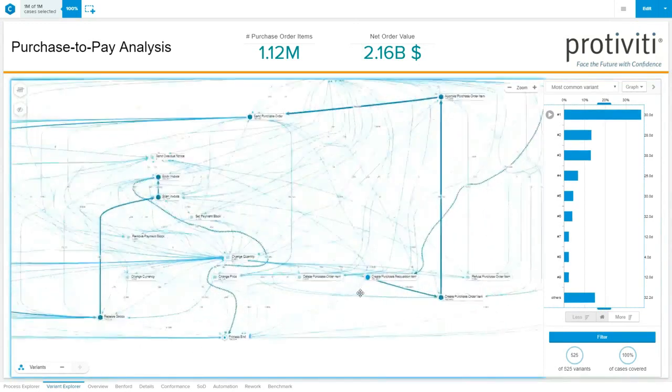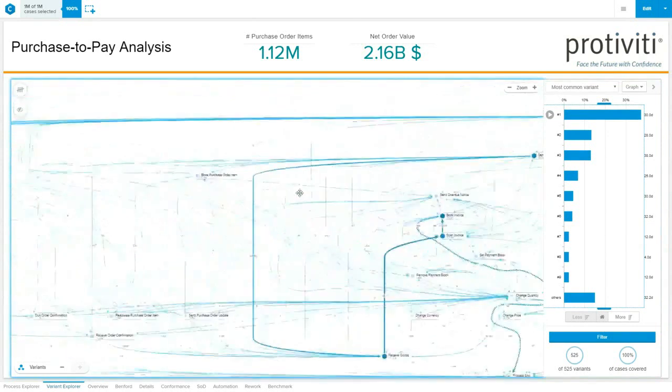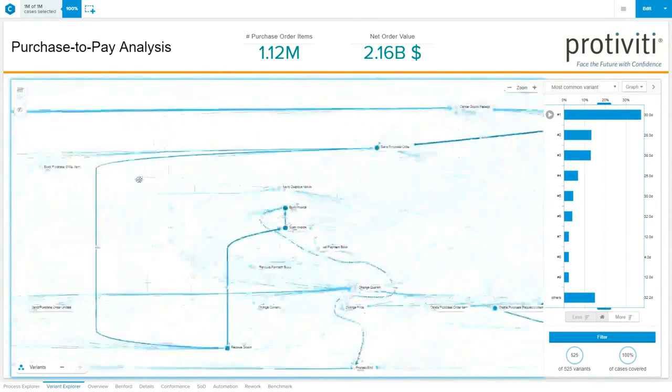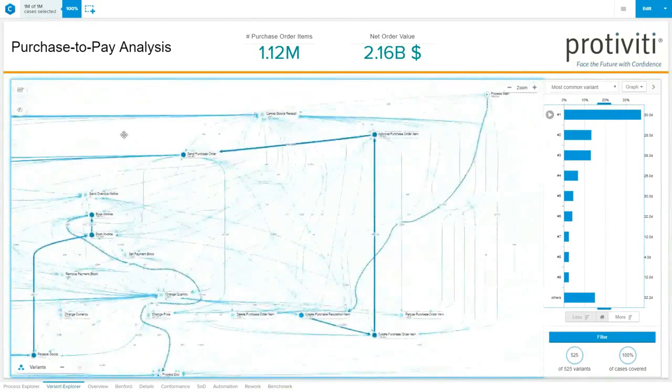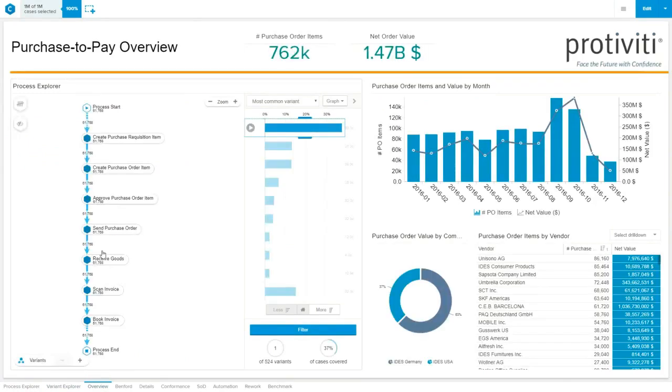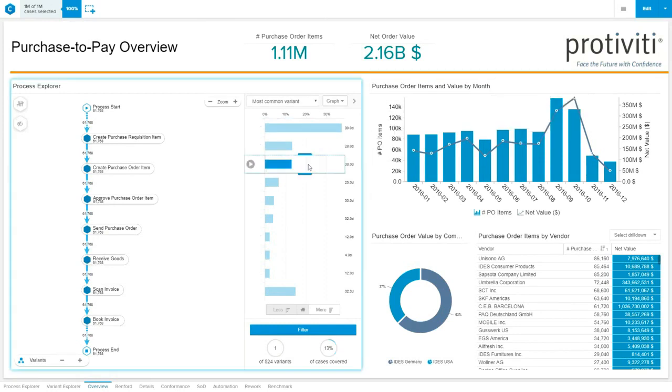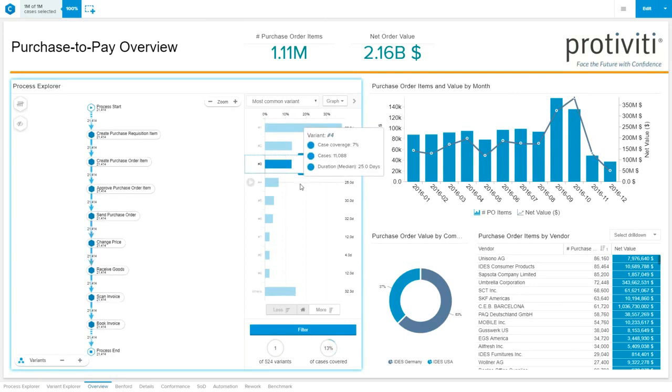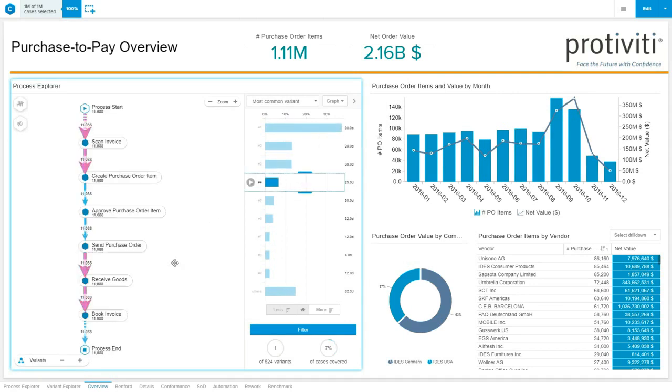Now you can drill in and see every activity happening in the process itself. Now let's learn more about the process. I changed the sheet here to the overview sheet. On the left side, we have our process explorer again, and the right side, some BI components that help us to drill down on a root cause, for example. The third variant was this price change, so we're interested. And the fourth one would be the one where we start with scan invoice. That was the maverick buying, as we learned before.